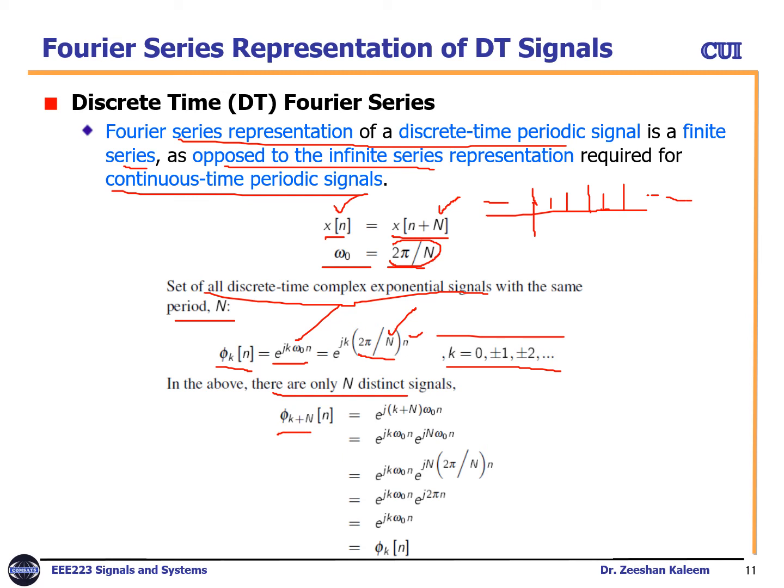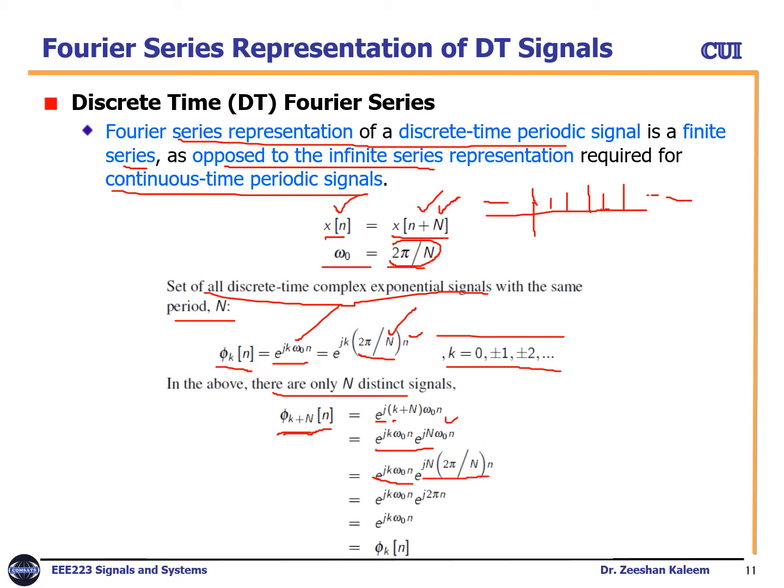So phi k plus n is, because you know that x[n] is equal to x[n plus N], so that will repeat after each period. So phi k plus n equals e^(j(k+N) omega naught n). Instead of k, you put k plus N. So just separate them, and then e^(j omega naught n), and instead of omega naught put 2 pi by